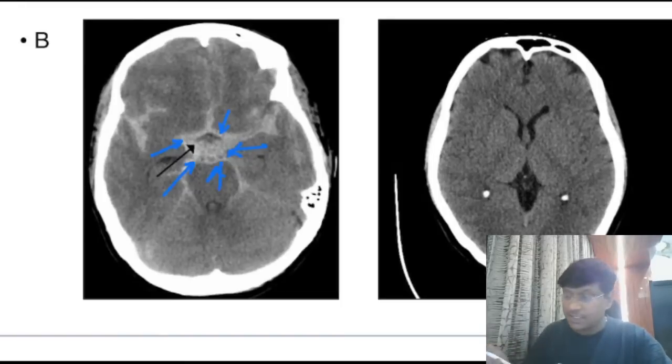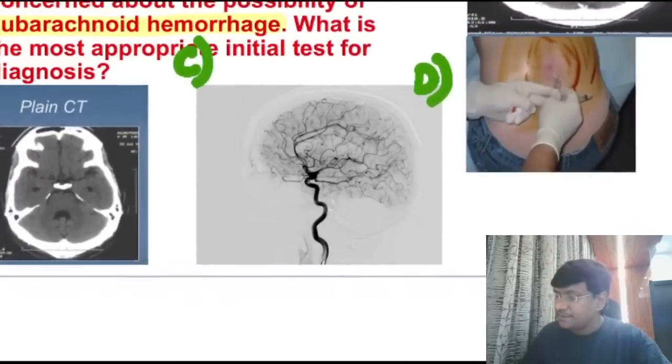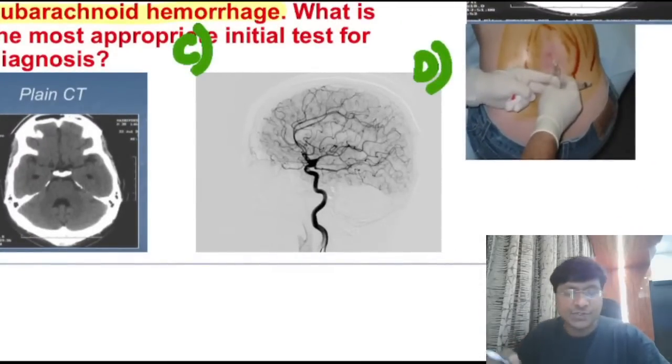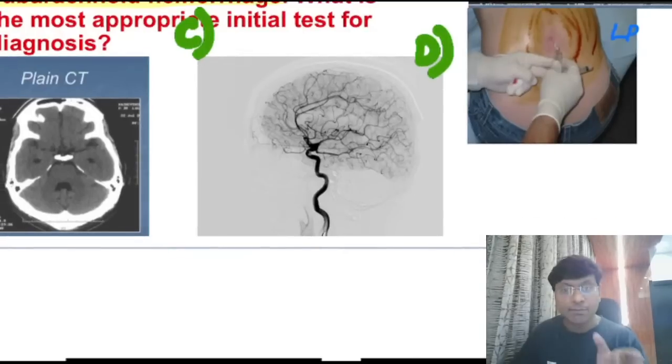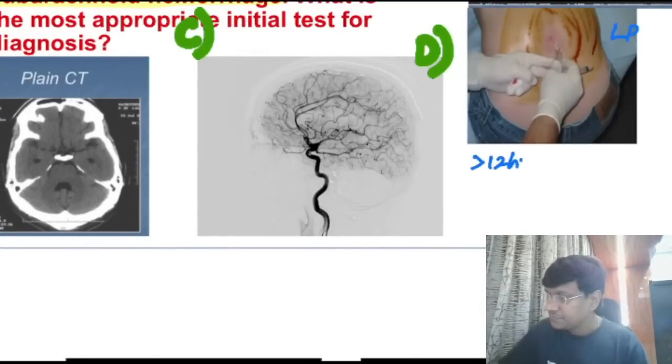Now the question is, when will you do a lumbar puncture in a case of subarachnoid hemorrhage? As time has passed on, you did not do a CT scan. Now you are suspecting subarachnoid hemorrhage, but the CT scan is negative. In such a case, we need to do lumbar puncture. What happens is, if the lumbar puncture is performed more than 12 hours after the onset of your subarachnoid hemorrhage,